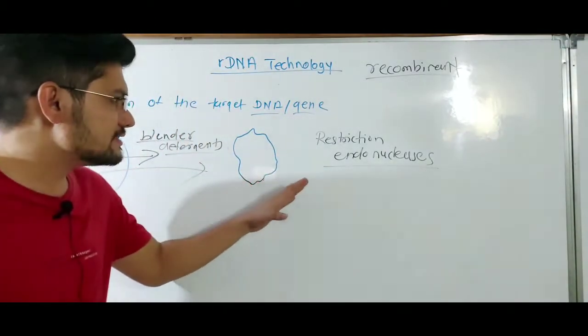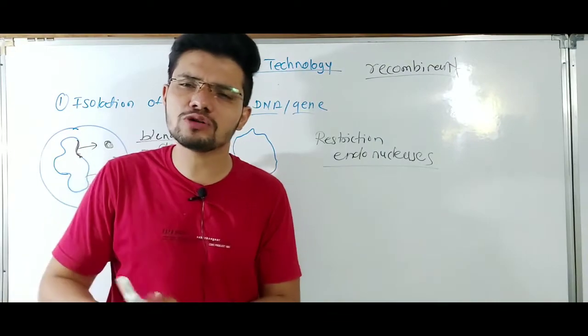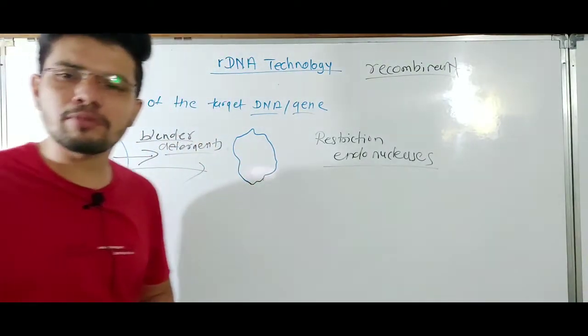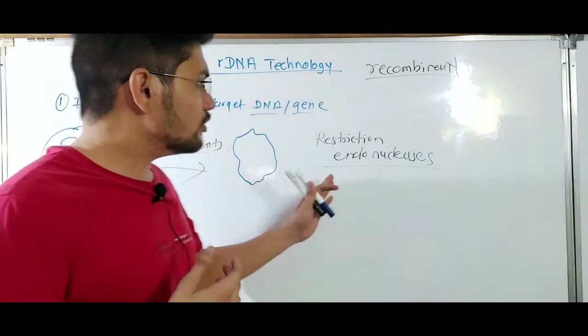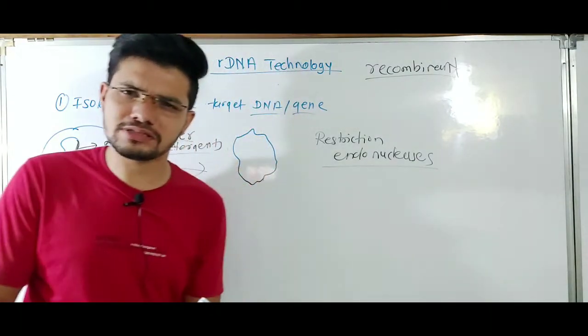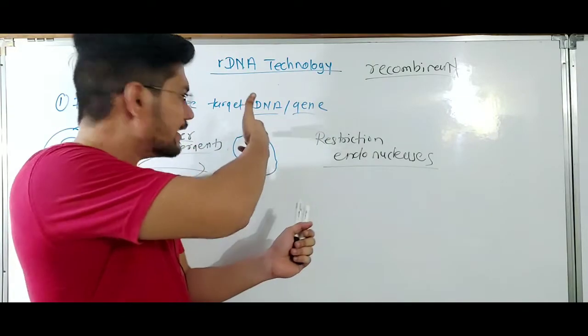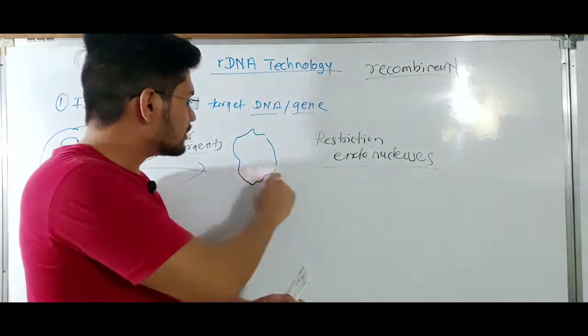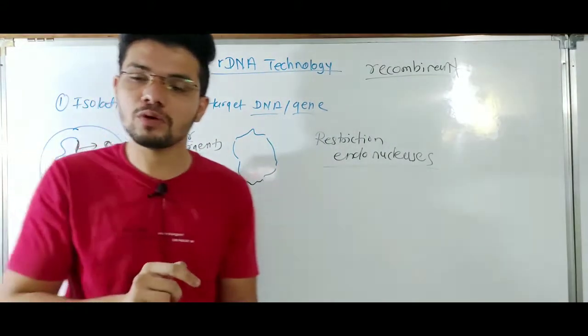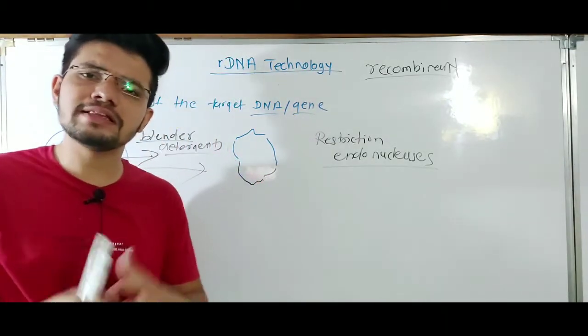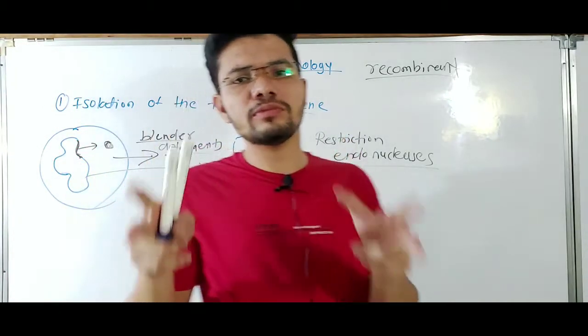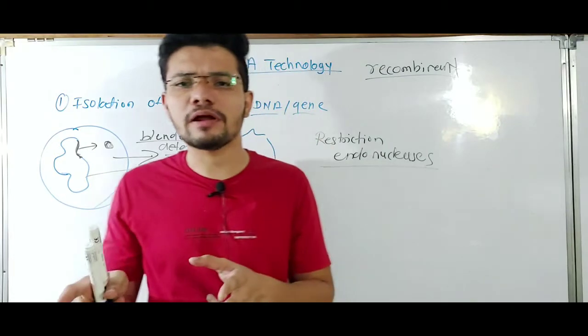So these are some enzymes, endonuclease or exonuclease. You may have heard about these earlier also. Endonuclease means those enzymes which cleave the DNA or nucleic acid from the middle. They are going to cut the DNA from the middle, okay? And exonuclease means they are going to cut the DNA from the ends, the 3' end or 5' end.